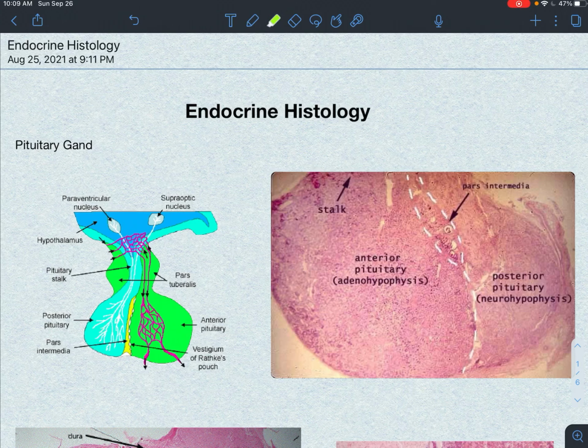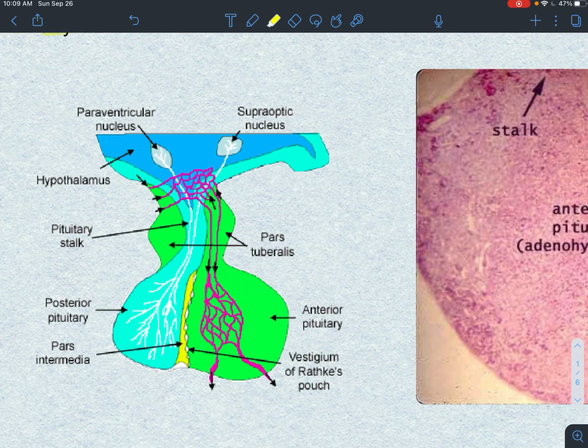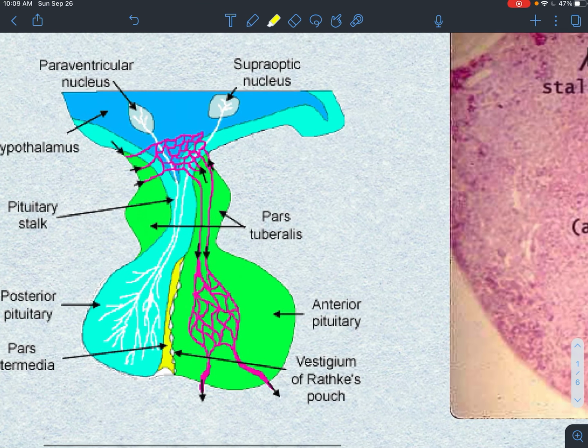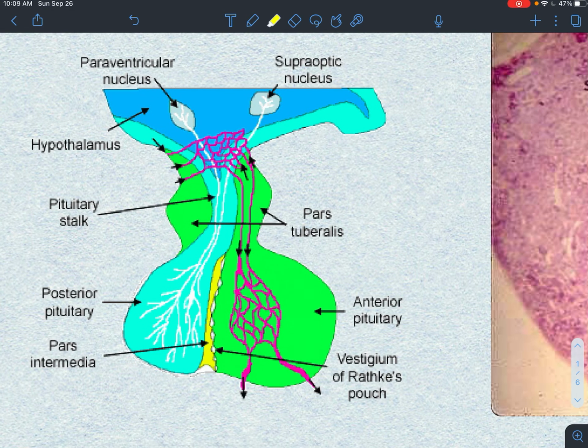We're going to be going over endocrine histology, and we're going to look at 4 different endocrine glands. The first one we want to look at is the pituitary gland. And so first off, to understand how the pituitary gland works, let's zoom into the picture on the left, and